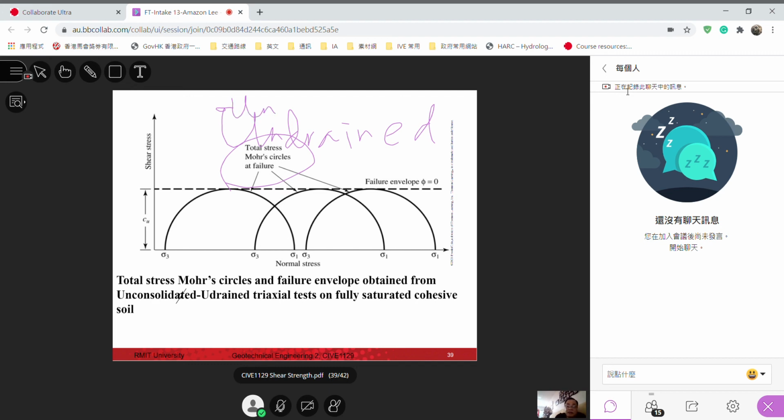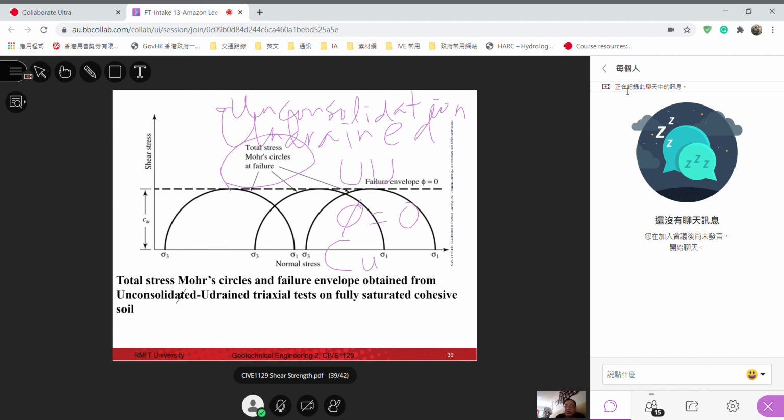The soil is not consolidated, so there's no change in void ratio, and this test under undrained condition we call the UU test. This will always give you a friction angle of 0, and only give you